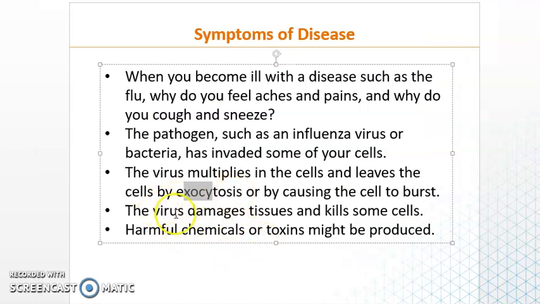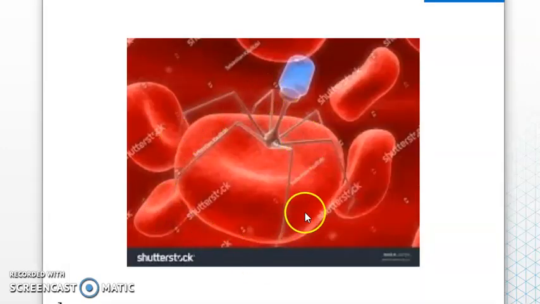Another way is when the virus damages and kills the cells. Some viruses work from outside, like this one. What do you think will happen after the virus includes the cell like this? Can you see how the virus is including the cell, engulfing the cell? It will not be able to engulf the cell, but it can kill the cell, damage the cell. Here also you will be able to feel the symptoms and you will know that you have sickness. This is also another way.